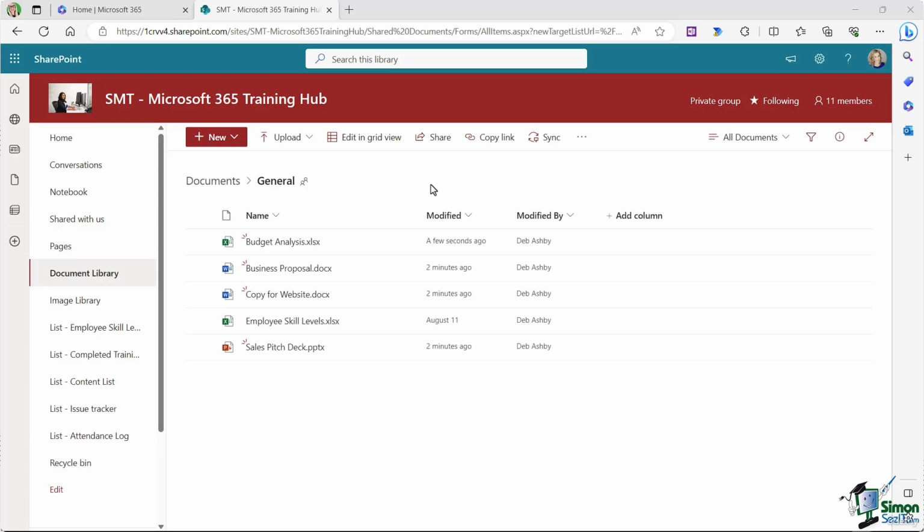Now, one thing to note here is that when you've just created a file, that will be indicated in the SharePoint document library by these 3 little red lines. That's how you know that it's a brand new file. Now, when it comes to editing files, you have a couple of different options. You can choose to edit the files online, or you can download them and edit them in the desktop versions